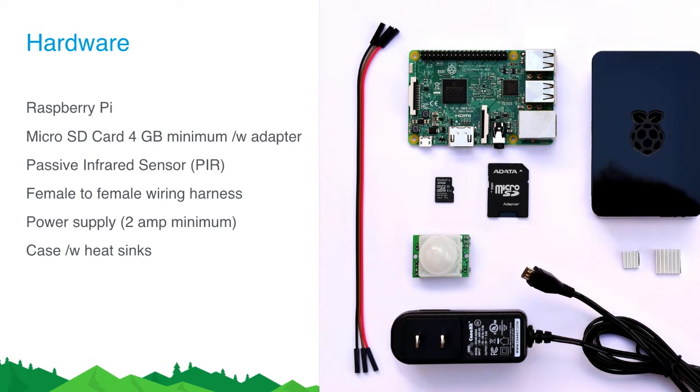And if you do want to make your project look a little more pretty, you put it into a case, and if you're putting it into the case, it's recommended to use the heat sinks, because there are no fans on the Pi, so we need to dissipate that heat. And as you're getting started with the Pi, you will need to use a USB mouse, keyboard, and monitor connection just to get you off the ground before you need to remote connect into it.